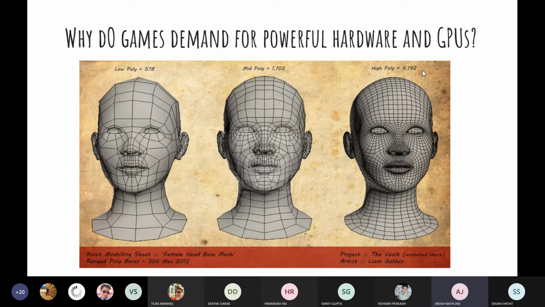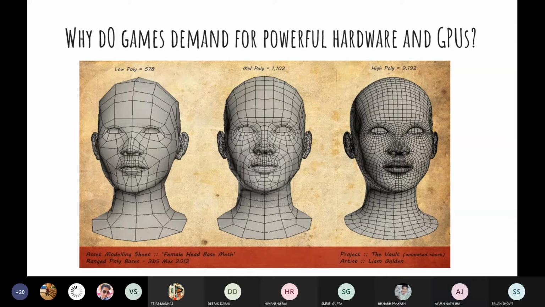If you ignore overlap for some time, then we have 18,000 into 3 vertices to store and to operate on, right? So for just a single face we have 54,000 vertices to operate on. What would be the load on the GPU and our processors, right?